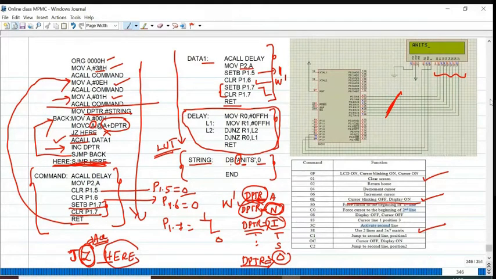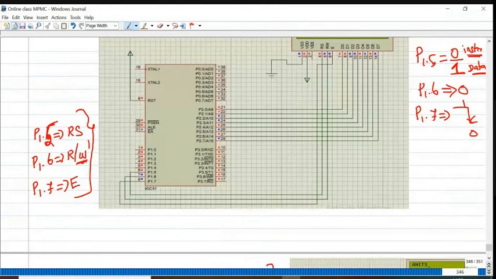Okay, so P1.5, P1.6, P1.7. These 3 pins are very important because these 3 pins are connected with the control lines of your LCD. Enable must be always high to low. P1.7. Write operation P1.6 must be 0 always.